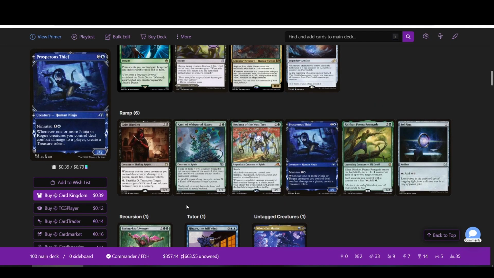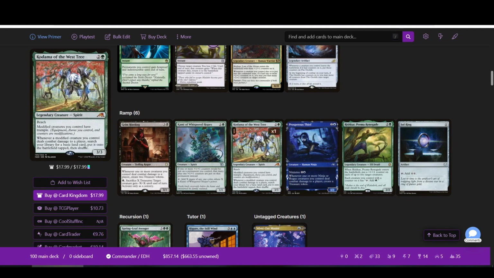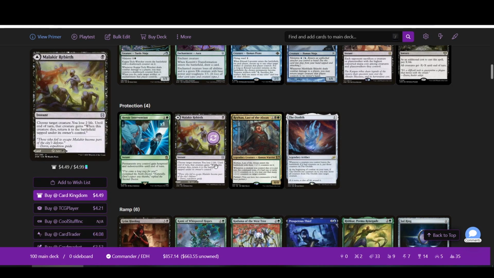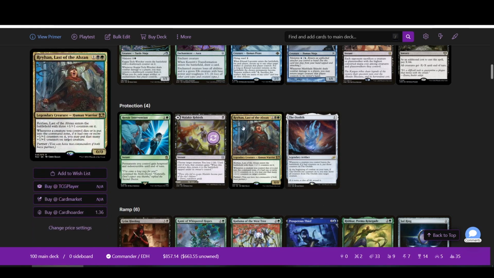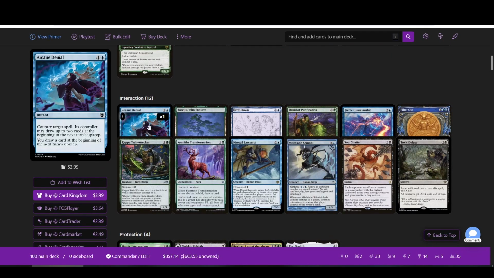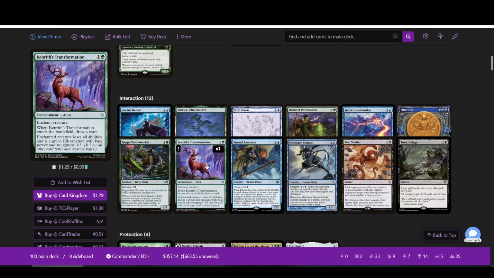Next we have some ramp in Grim Hireling, which is also a damage trigger. Kami, Kodama, Prosperous Thief, Rishkar, which creates +1/+1 counters, and also ramps, and of course Sol Ring. For protection we have Heroic Intervention, Malakir Rebirth, Rayhan and the Ozolith, protecting those +1/+1 counters especially, which we are very fond of. And in the interaction department we have Arcane Denial, Kappa Tech-Wrecker, Boseiju, Kenrith's Transformation, which replaces itself,